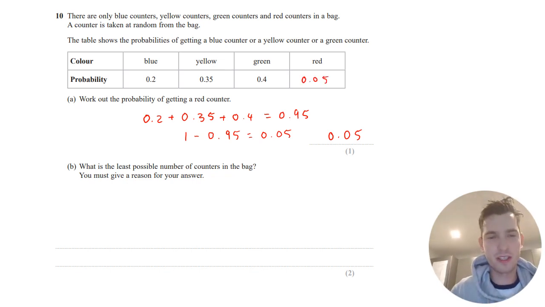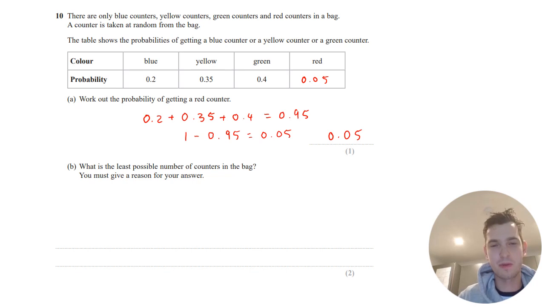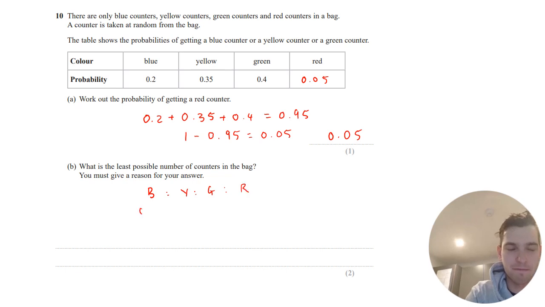Part B. What is the least possible number of counters in the bag? You must give a reason for your answer. Okay, so this is a problem-solving type of question. There's actually a number of different ways to think about it. One way to think about it is if I write out all of these probabilities again,